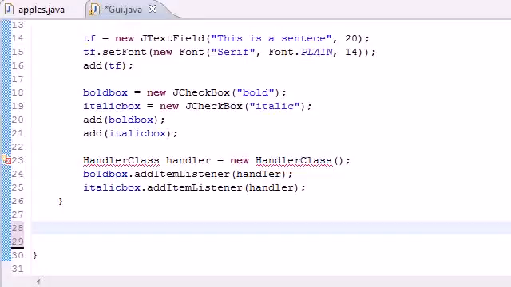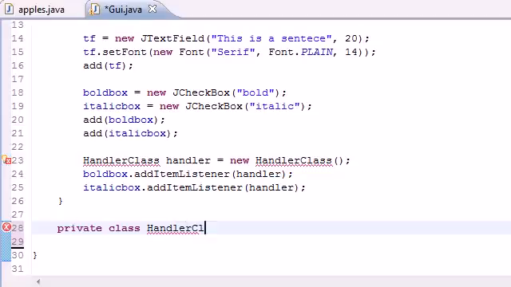What's up guys, welcome to your 65th Java tutorial. In this tutorial we're going to be building a new class to handle the events when both of our checkboxes are checked. So let's go ahead and make a new class called handler class to do just this. We'll go private class, name it handler class, there we go, implements item